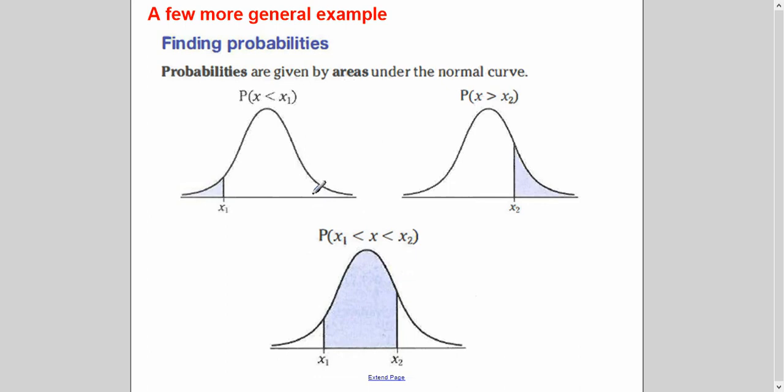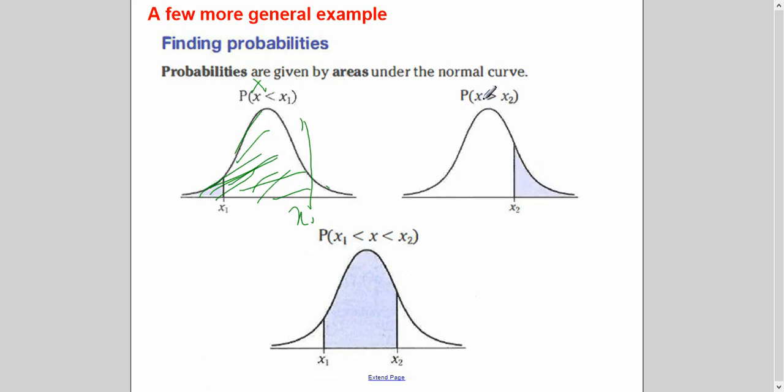So first of all, just look at a few notations so that you can understand what we are talking about. Probabilities we get are the areas under the curve. If it is written X is less than X1, X is your random variable and this is the value of the random variable. So less than means left hand side. Now X1 is just written here randomly. It could be here also. For example, I write X1 here. That depends on the situation we are talking about. Either it will come here or here, we will see it later.